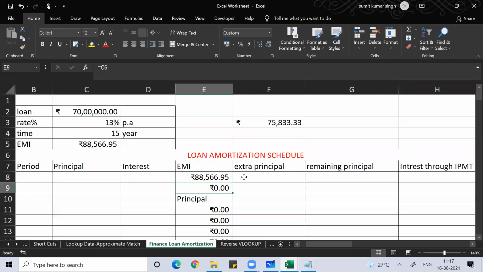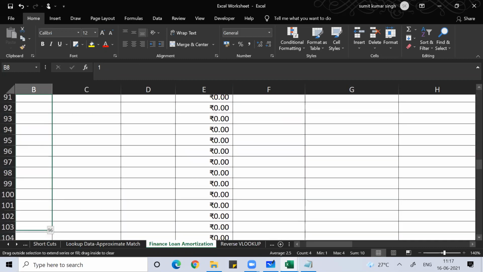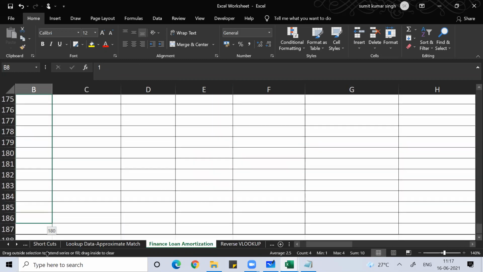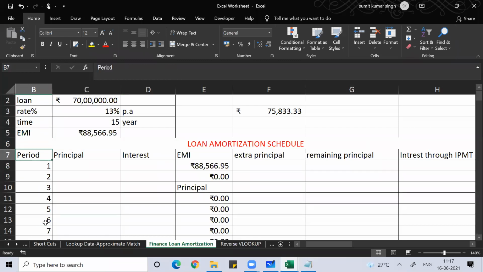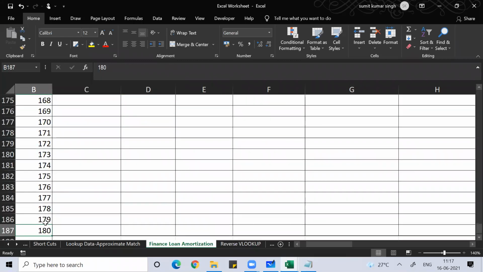What is the time period? 180 periods: first month, second month, third month, fourth month, fifth month. For all the 180 periods, I want to make sure this EMI is paid.